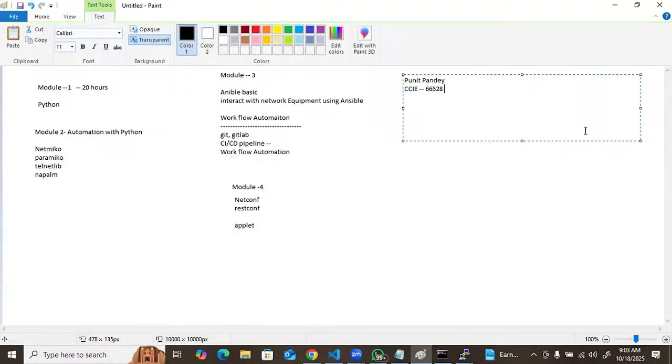Everything is good? Yeah. Punit, actually, I am on the testing side. Whatever I'm trying to learn, mostly we work on Python automation and on devices, like in the networking field. Yeah, I am in networking protocol testing, L2, L3 protocol testing. Yeah, then it will help you. It will help you as a network engineer.